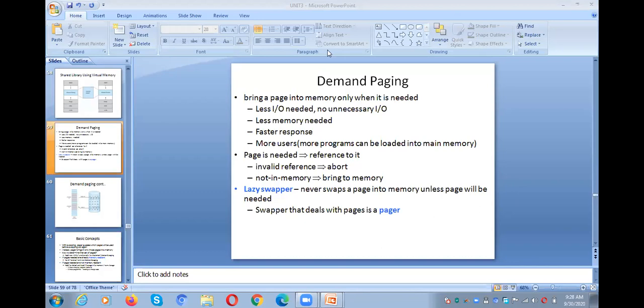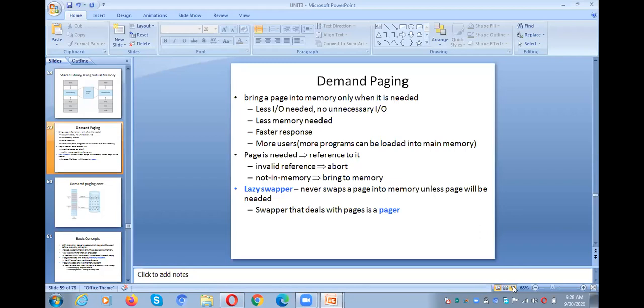So the process is divided into pages. For example, if a process is divided into 4 pages, from the point of view of the user, I need to keep all the 4 pages in the main memory for execution. But what exactly happens is we need not keep our entire program or process in the main memory. Only the part of a process which is required at that particular moment will be kept in the main memory, and the remaining part of the process will reside in the secondary memory until we use that particular part.